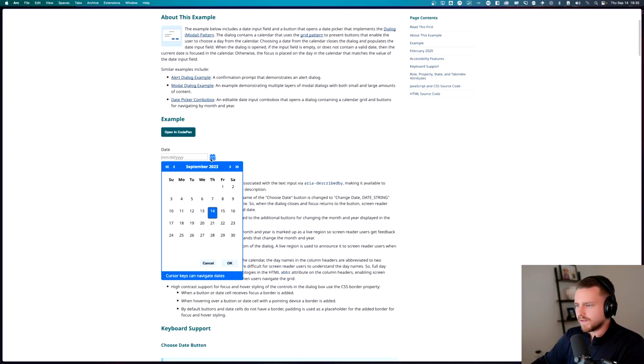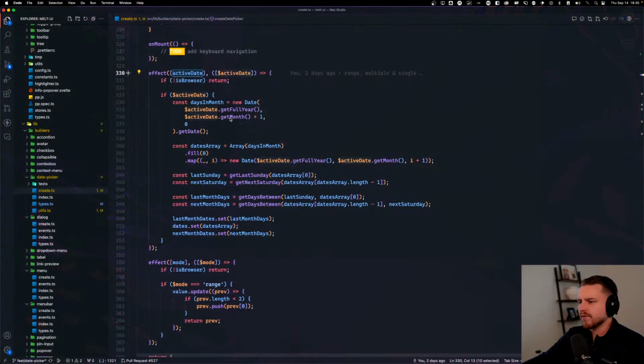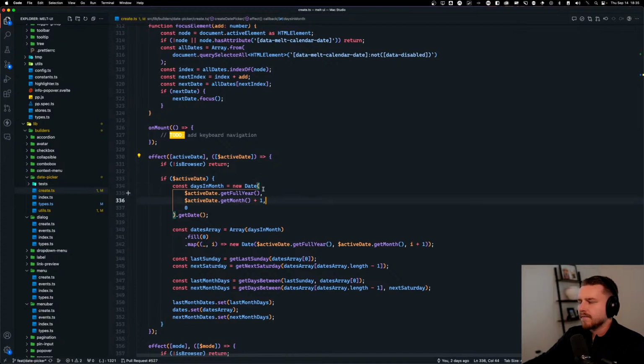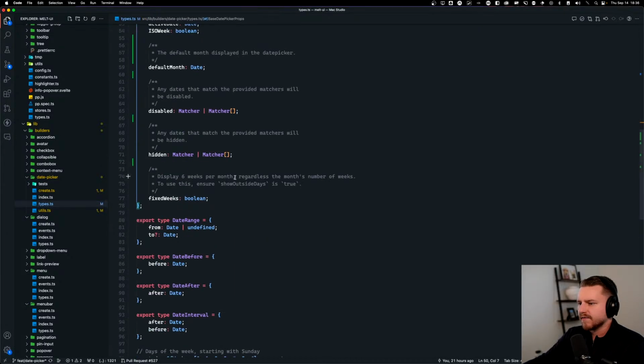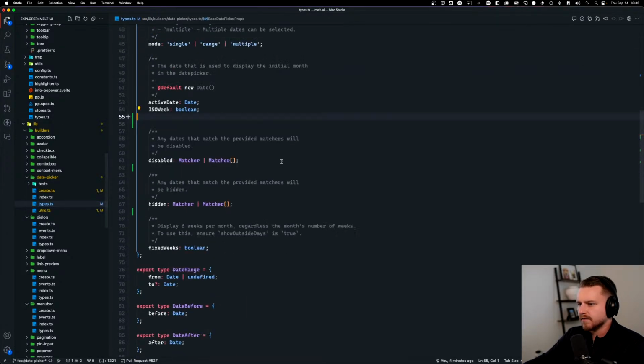In that case, if you just wanted it to start at a different month, then you would just set it to the first day of that month, right? So if I wanted to display some arbitrary month, your active date also needs to be in the same month that you're displaying. So I don't know if we even have to go through the whole default month thing. Because if I update the default or the active date,